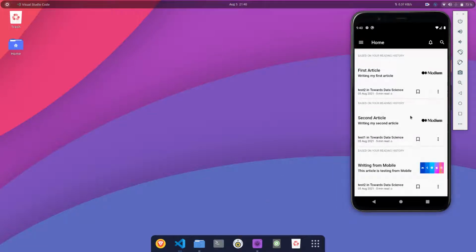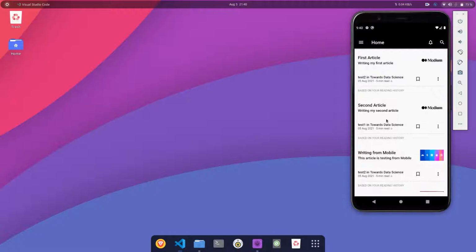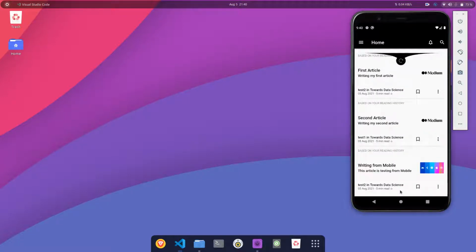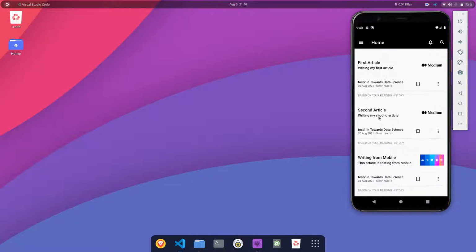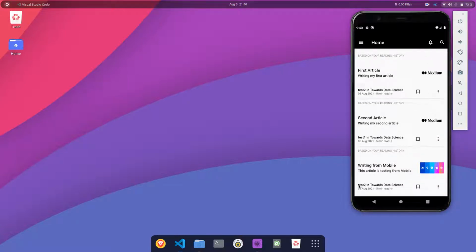Before moving to the code part, let us first take a walkthrough of the Flutter application that I have built till now, so that you can better understand the work that I have in the code. So as you can see, this is the home page of the Flutter application, where there are many test articles from different users like test2, test1, and these are users that I have made as fakes.